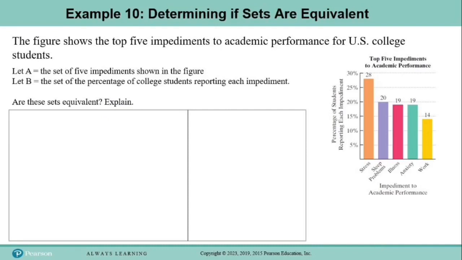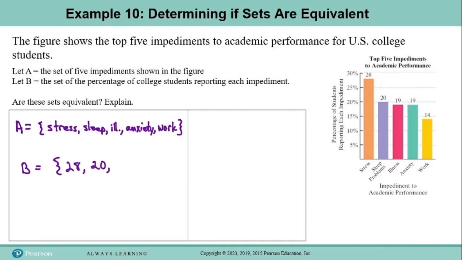So one way to determine if the 2 sets are equivalent would be to use the roster method to list the elements of each set and see if we can set up a one-to-one correspondence. And so the elements of set A are the 5 impediments, and we get those from the horizontal axis labels here. So set A is the set containing stress, sleep, illness, anxiety, and work. And then set B is the set of percentages of college students reporting each of those impediments. So set B is the set containing 28,